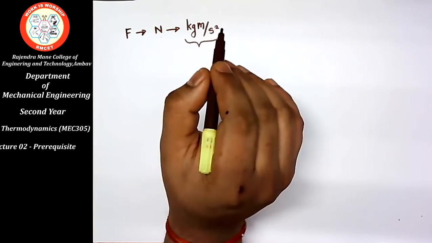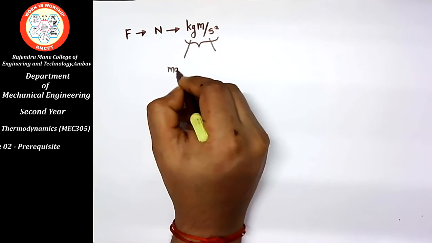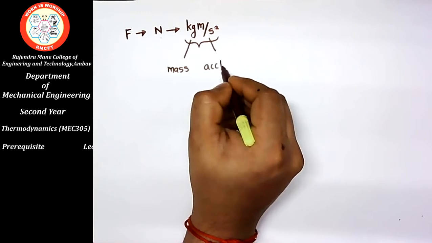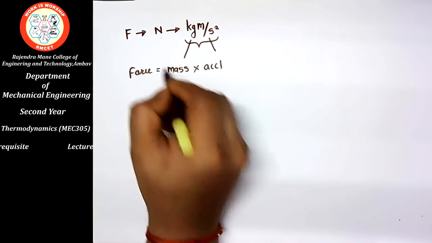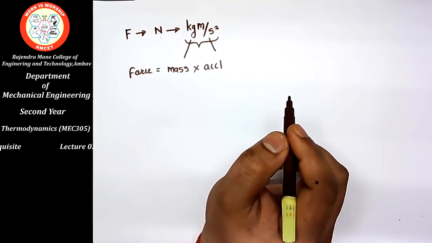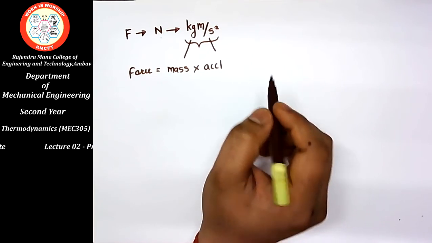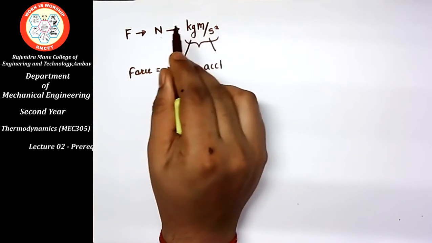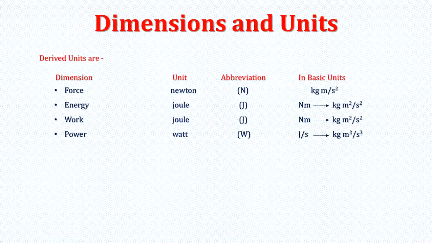If I do not know the formula to calculate force, but I know the units of that force and its conversion in basic units, I can generate the formula. Check. Kg stands for mass and meter per second square stands for acceleration. So that will be my formula. Force is nothing but mass into acceleration. That will help in competitive examinations. Though this is a very basic thing, it is also applicable in some complex formulae. So these are all derived units.